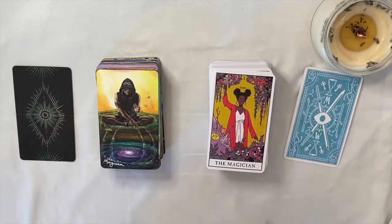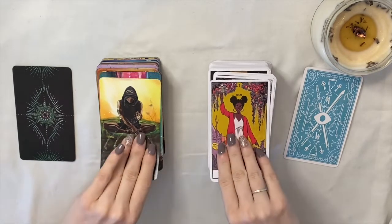Okay, the Magician. Very much a classic magician. I do like the contrast here again, though. I'm not going to go into every single card, but